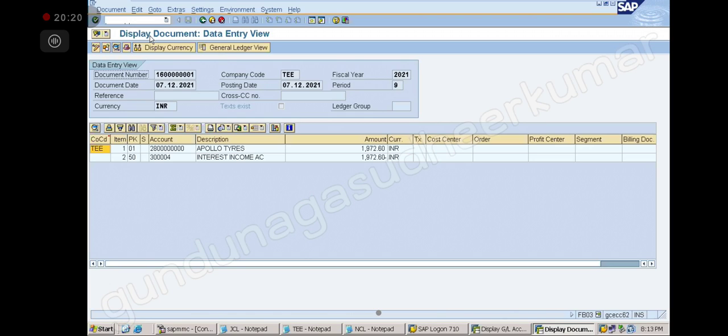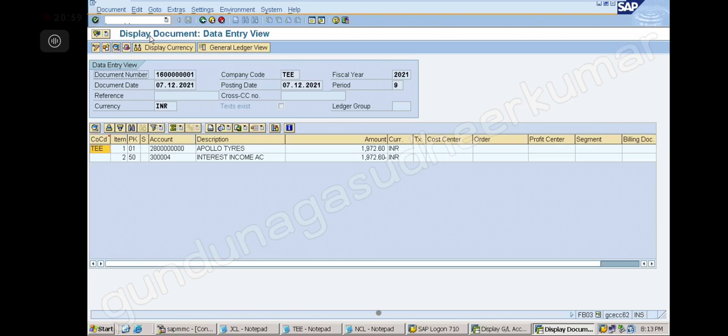Hello, sir. Yes. Sir, can you show me step number 8? So everybody is comfortable with the interest calculation, last item interest calculation? Yes, sir. One thing you have to see is the difference: balance interest we calculate month to month, period by period, December, January, like that. But item interest we do not calculate like that. It is from the due date to the payment date or interest calculation date.